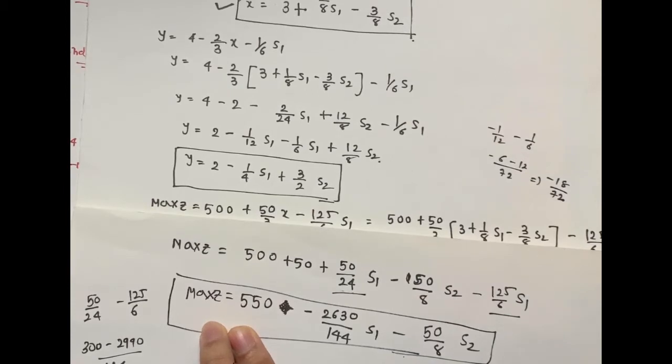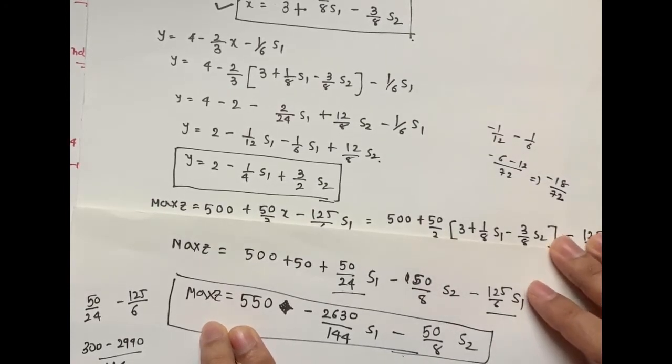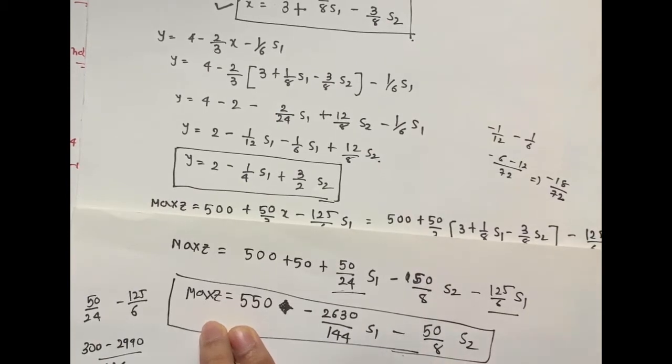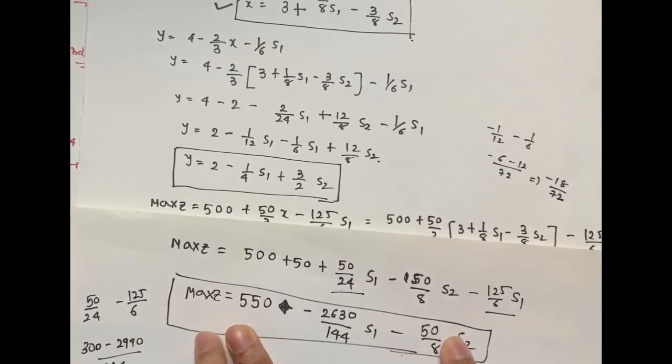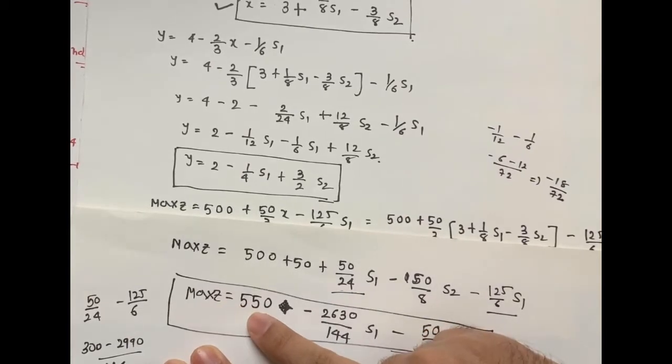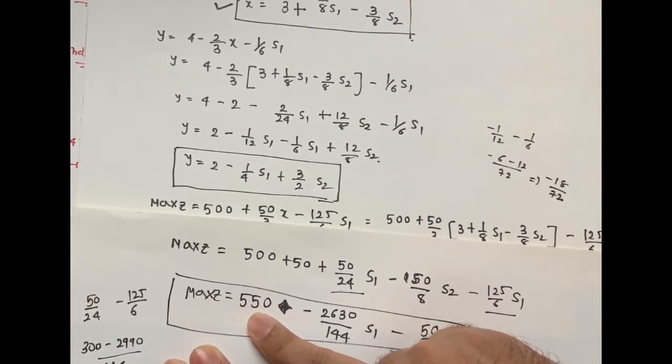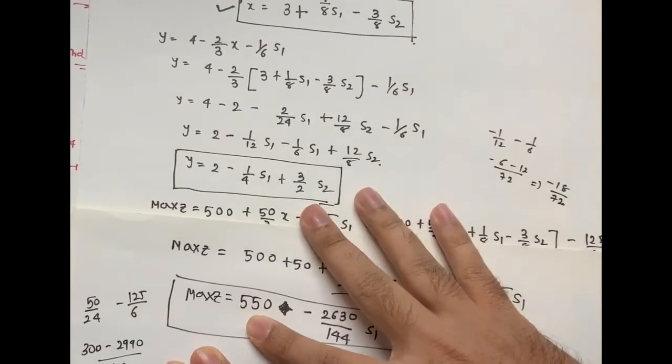Yes, so this is the limiting value. This is the last iteration, because beyond this the iterations cannot be performed. S1 and S2 already have their values 0, they cannot be reduced below 0, as that is a violation of the non-negativity condition. The iterative process stops here. So S1 and S2 are 0. What is the profit I am getting? The maximum profit that I am getting here is 550.